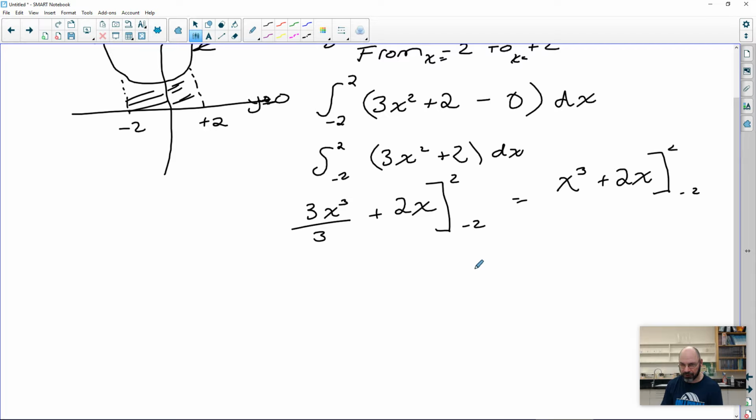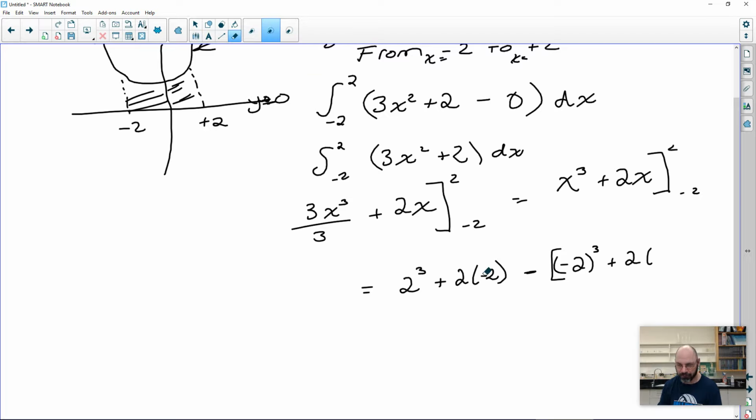So that's going to give us, as we calculated here underneath, 2 cubed plus 2 times -2 minus -2 cubed plus 2 times